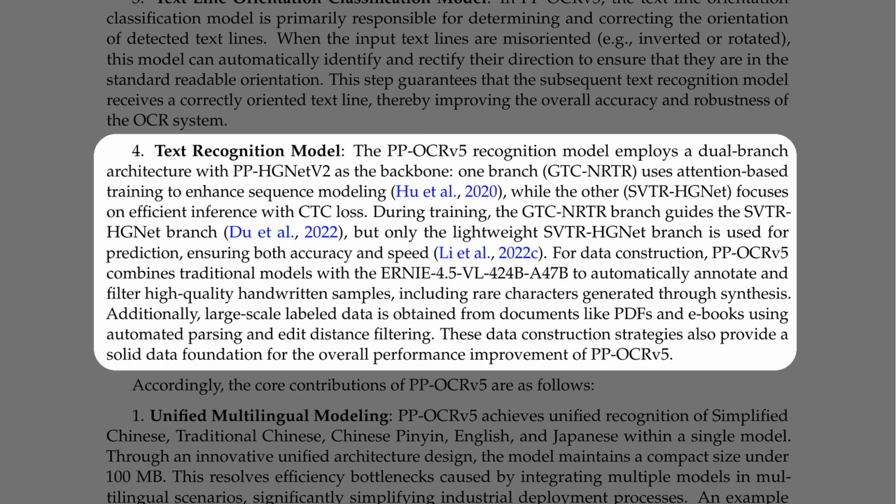4. Text recognition model. The PaddleOCR v5 recognition model employs a dual branch architecture with PP-HGNetV2 as the backbone. One branch, GTC-NRTR, uses attention-based training to enhance sequence modeling, while the other, SVTR-HGNet, focuses on efficient inference with CTC loss. During training, the GTC-NRTR branch guides the SVTR-HGNet branch, but only the lightweight SVTR-HGNet branch is used for prediction,